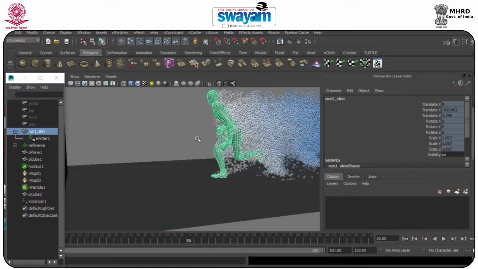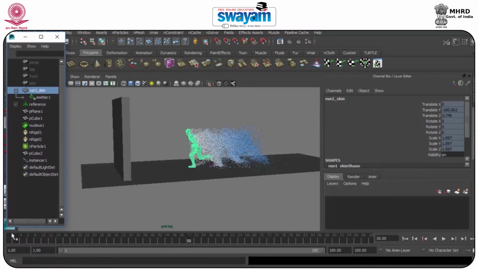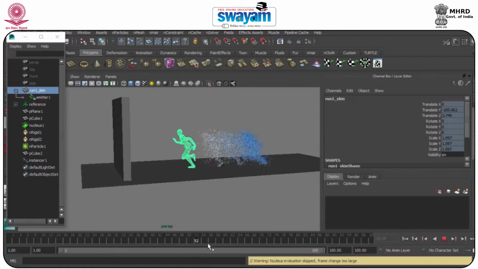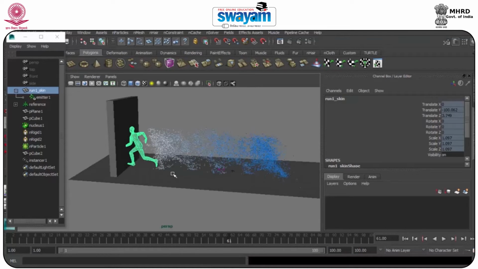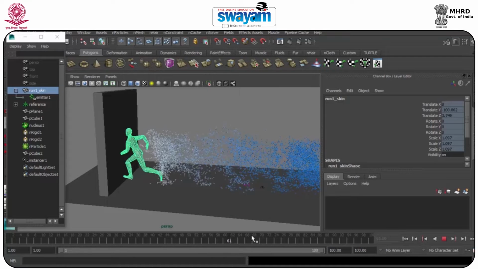Now this is also an important step, because we have to hide this character at the last frame, when it hits the wall. Okay, so I will just turn the visibility